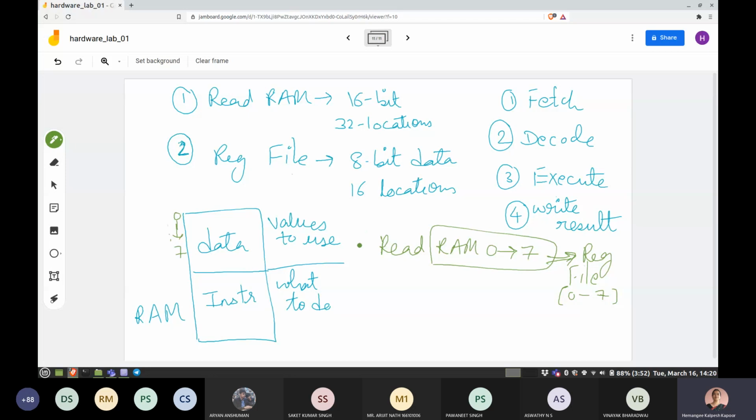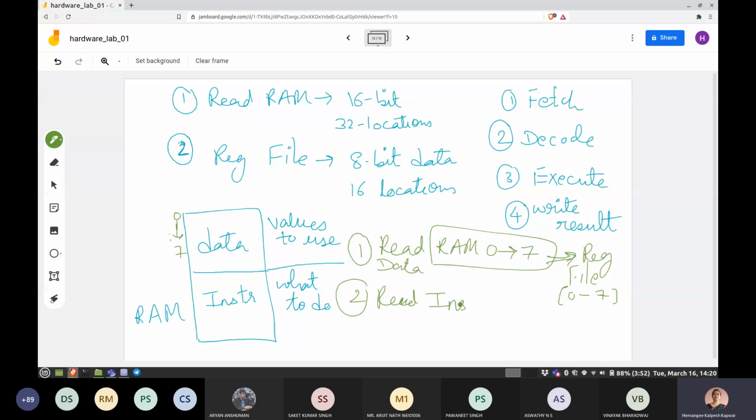Then read the instruction. So the first one was read data, and the second one is reading the instruction. And where is the instruction? It starts from somewhere else in the RAM.